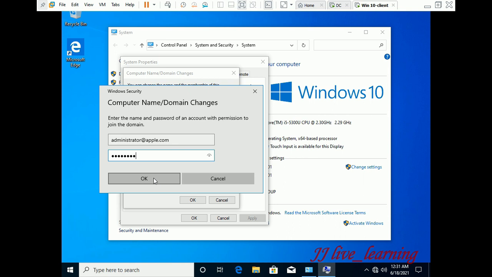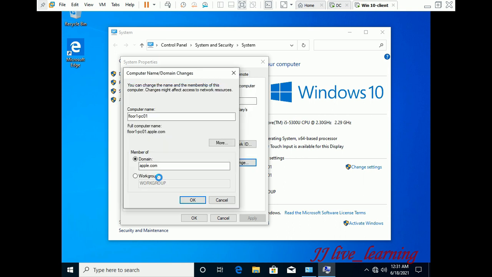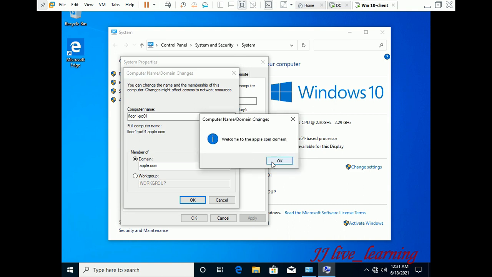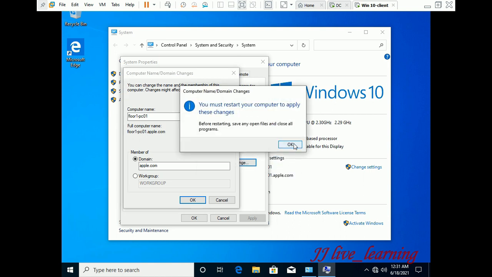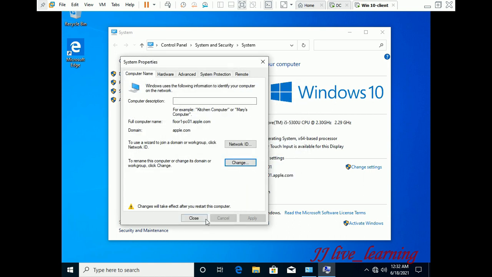Now the system will be added as a client for your DC apple.com. Now it will be joined. You have to restart your workstation. Once it is restarted, this machine will be added as a client for your server.